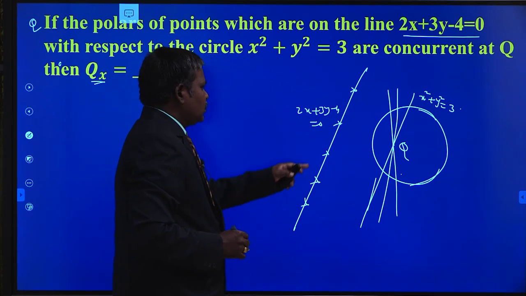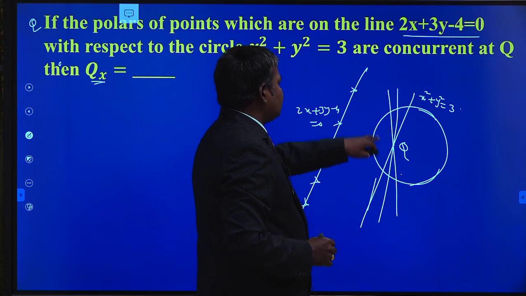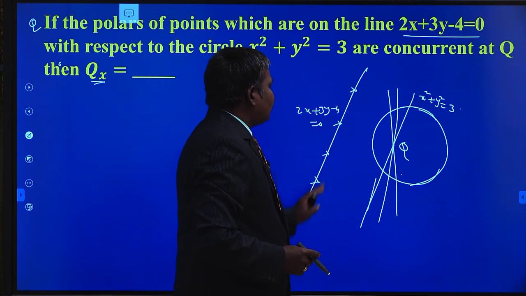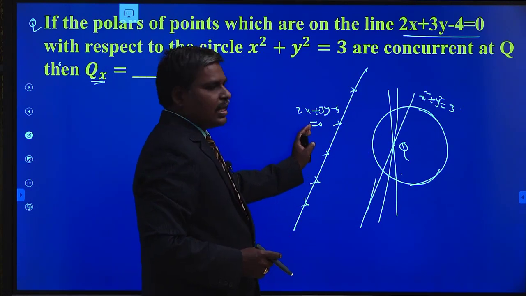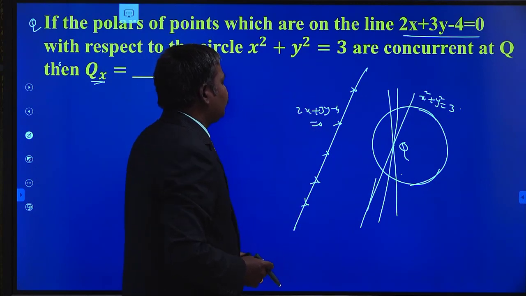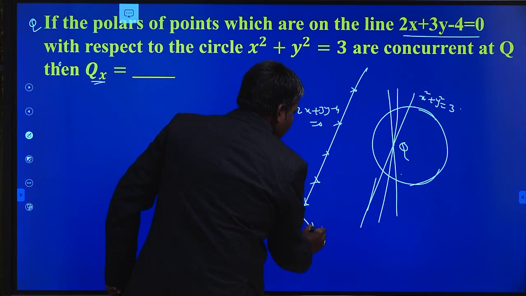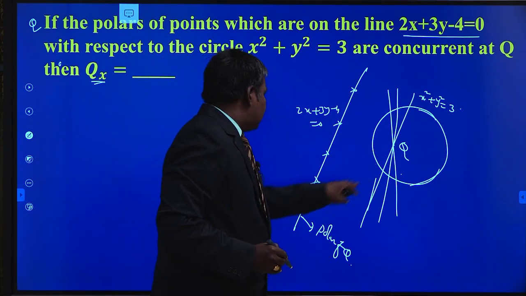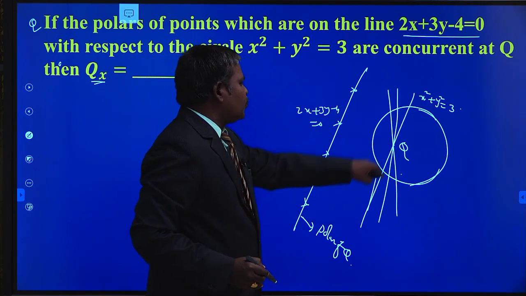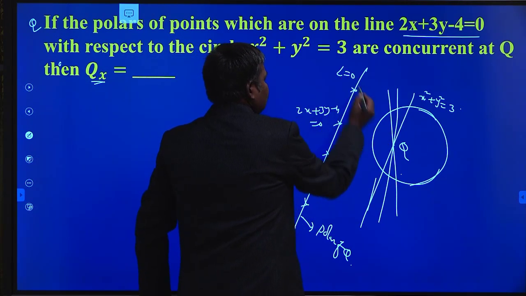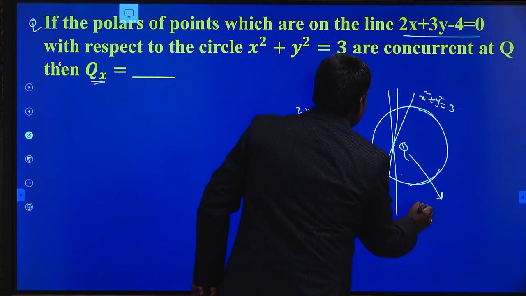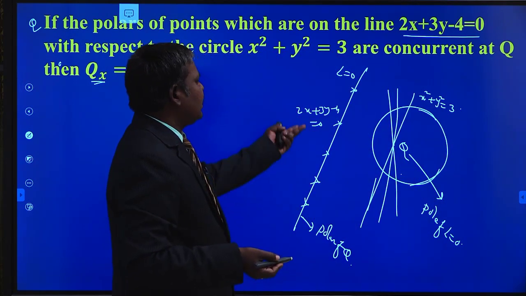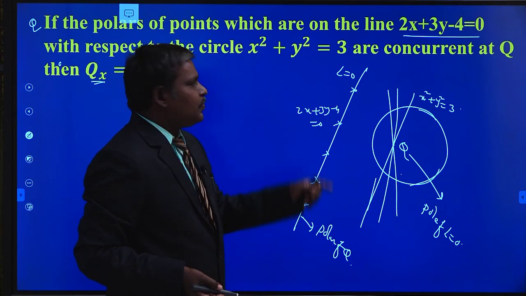My dear students, here these are all concurrent lines. These are the corresponding poles. Just as we discussed, the poles of concurrent lines are collinear. The line of collinearity is nothing but the polar of that point. So, this line is nothing but the polar of Q. Now, this line is the polar of Q, then what is that Q now? Q is the pole of my line L equal to 0. Once we get that pole, immediately we can crack this one. Can I find the pole of the line with respect to the circle or not?